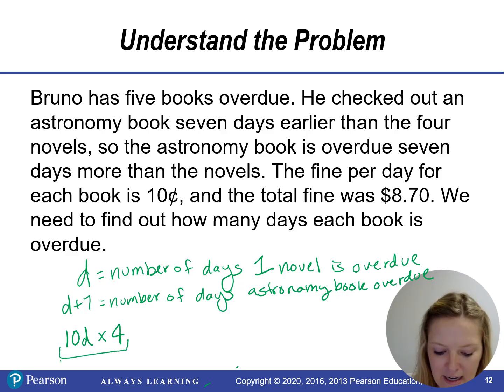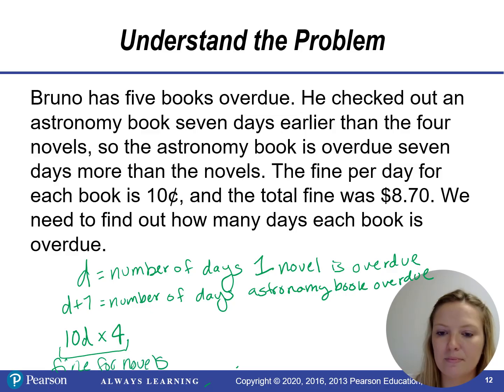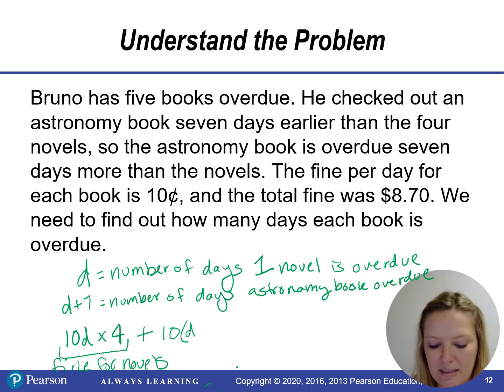So this is the fine for the novels. And then he's also going to have to pay 10 cents per day for the astronomy book, but the astronomy book is d plus 7 days overdue. And that's equal to